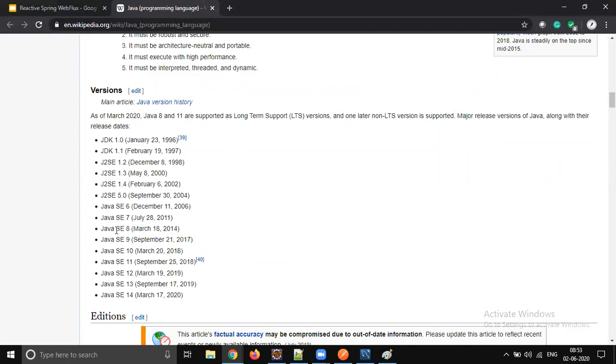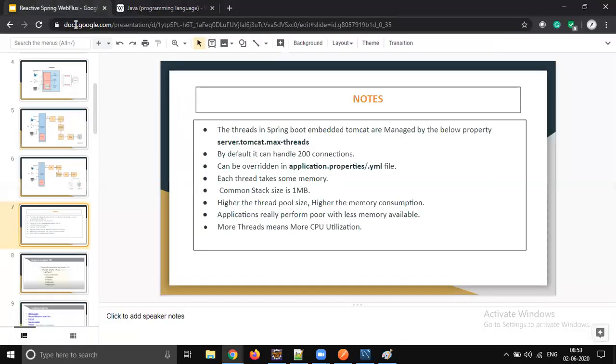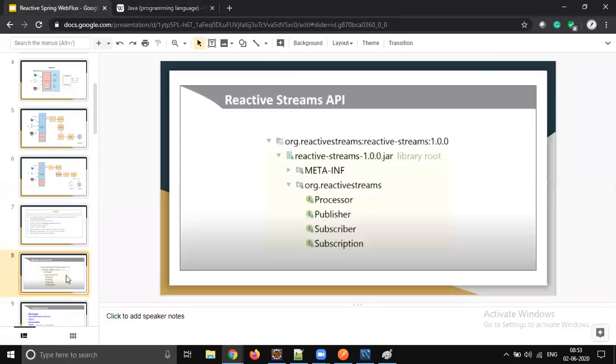They could have released some subversions and introduced reactive programming before other people did. Why am I saying that? Because reactive programming is not part of Java.